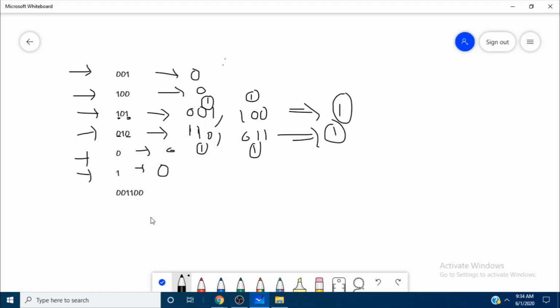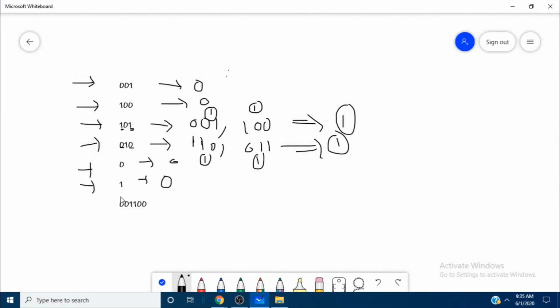Okay, let's see this. Is this string good? Check: does the string contain 010 as a subsequence? Yes, there is a 010 subsequence. There are many like this. So it is not good, and we need to convert it.